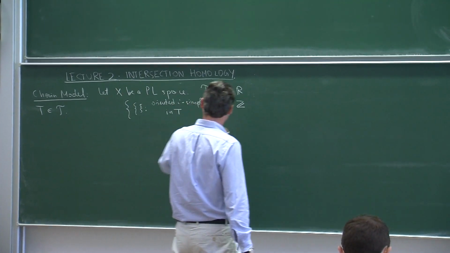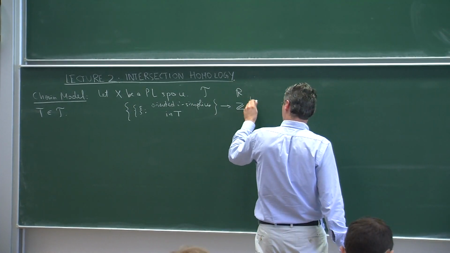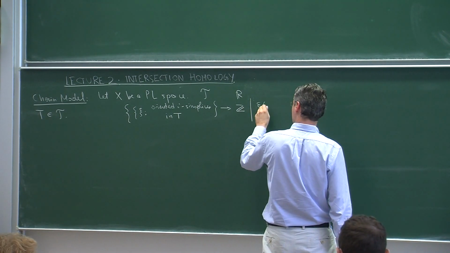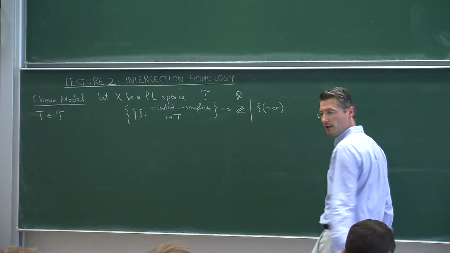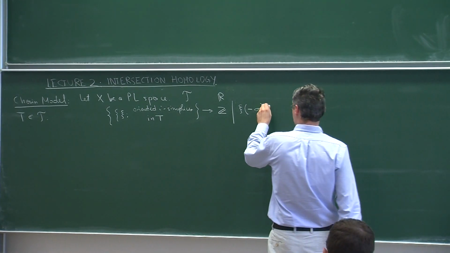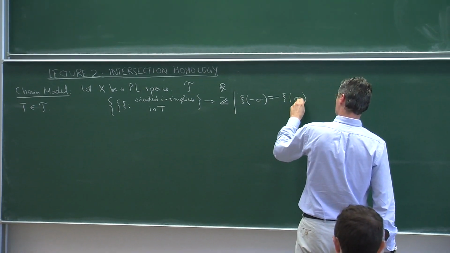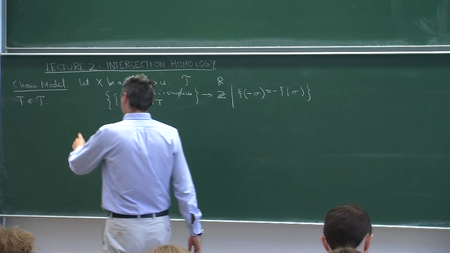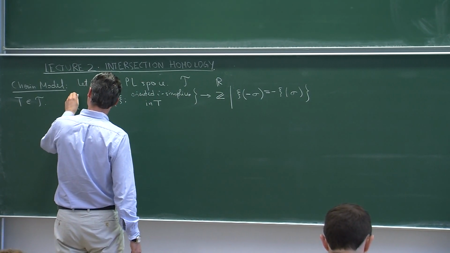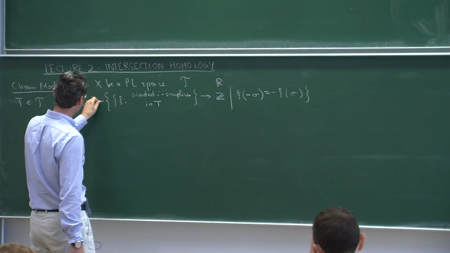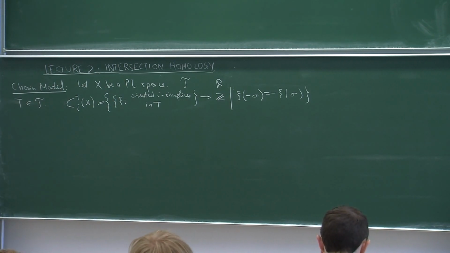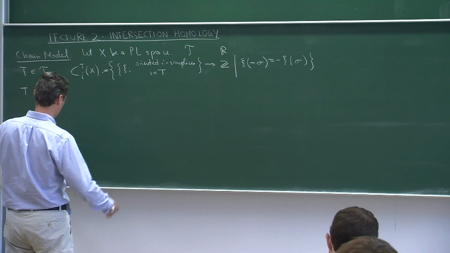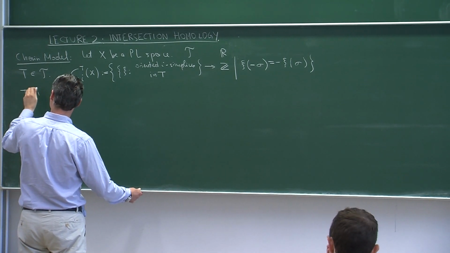And we consider the collection of all these, however, noting that if I reverse the orientation of a simplex, which I'll write as minus sigma, then the function should also change sign. So this is what we stipulate. And this is an abelian group, and we call it the simplicial i-chains in X with respect to the triangulation T. Now, of course, if you change the triangulation, so if T prime is a subdivision,